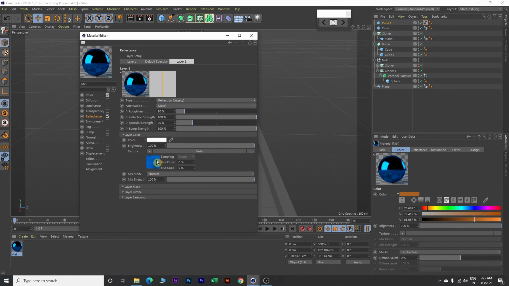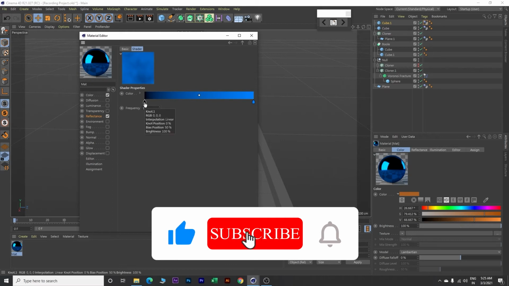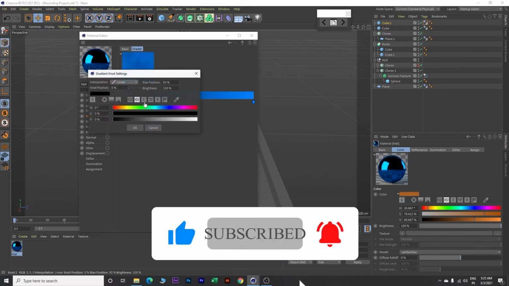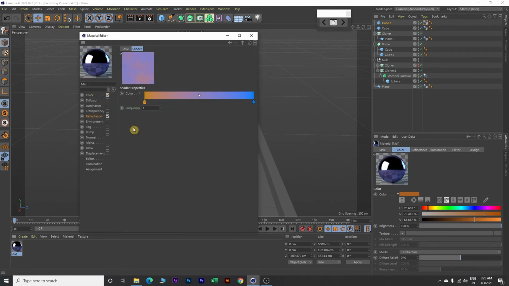Next, double click on this blue material and over here double click on this color picker, and here again click on RGB and we will change this RGB value. So make R as 200, G as 130 and B value to 5 and say OK.